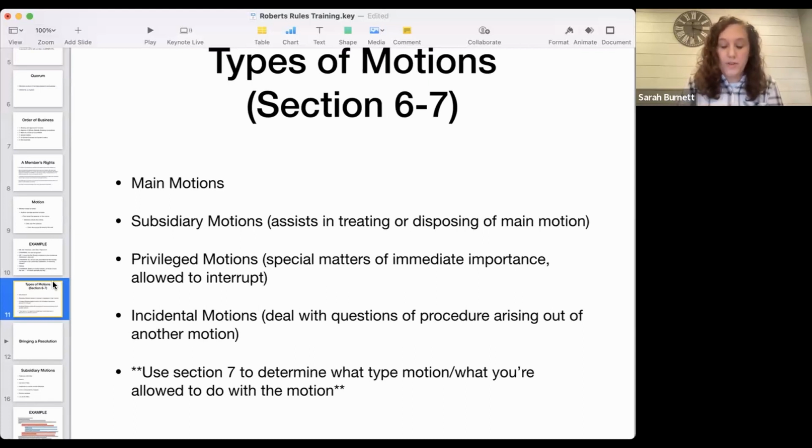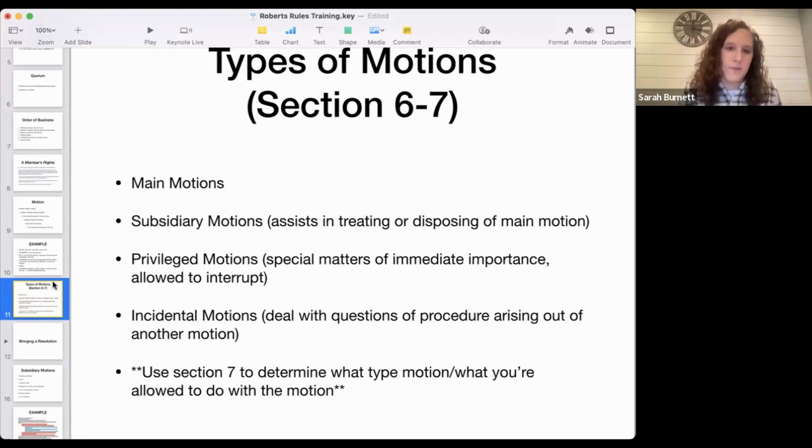After the 63 sections, there's a table for determining types of motions. So this is also really helpful to understand. There's a bunch of tables back here. They can be really helpful to flip through for reference. They tell you if you need a second for a motion, what amount of a vote, if it's a majority or 2/3 to pass it, all those types of things. Right now, I'm going to cover sections 6 and 7, which everyone should read. So section 6